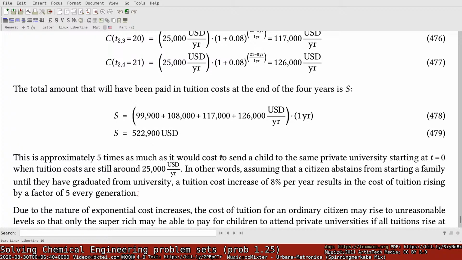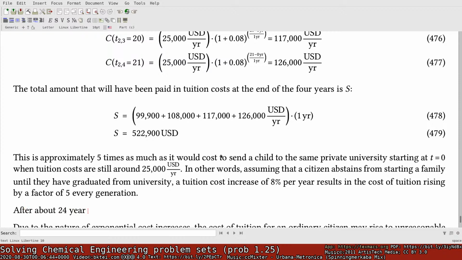So about 24 years, assuming that only the 3% beyond the rate of inflation is relevant,